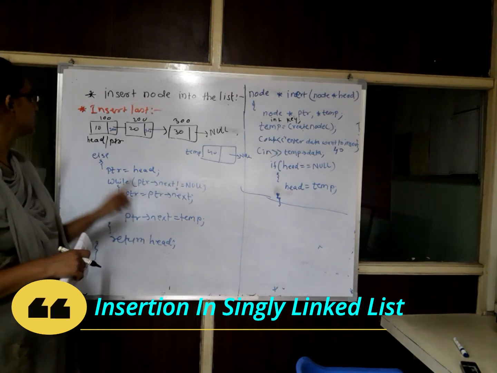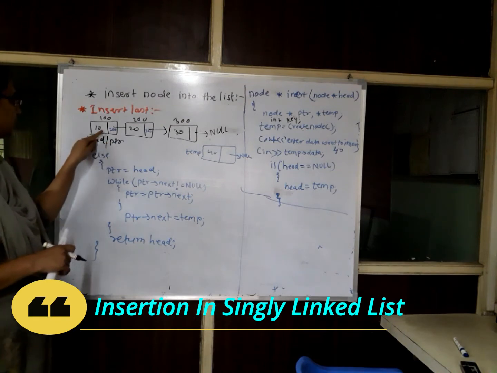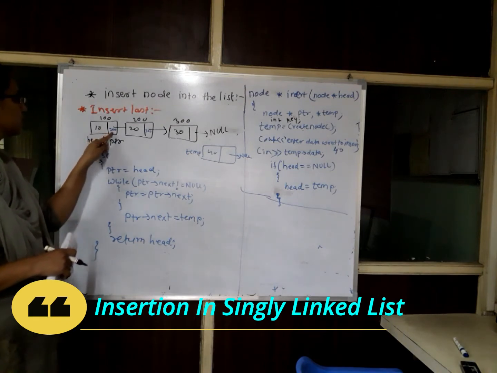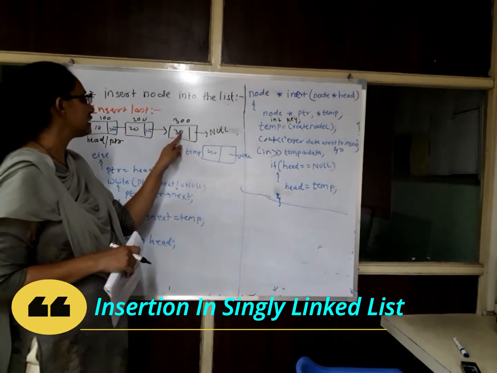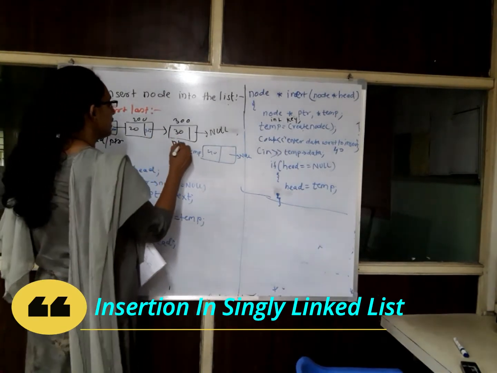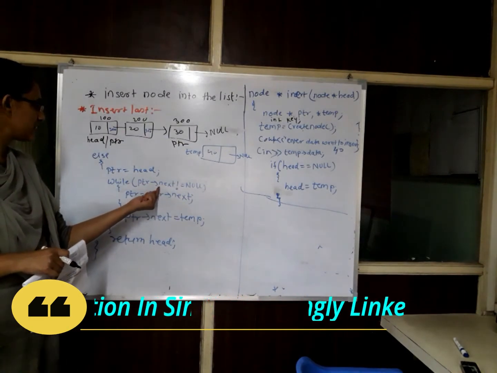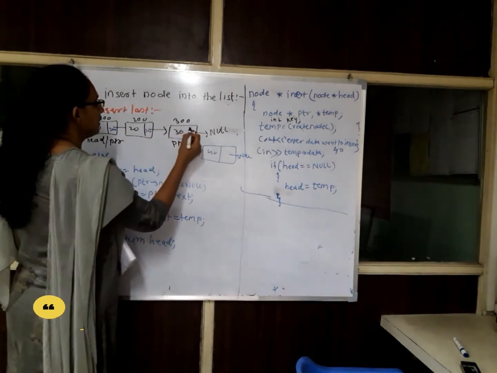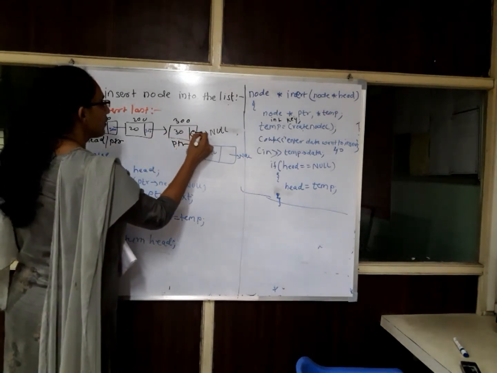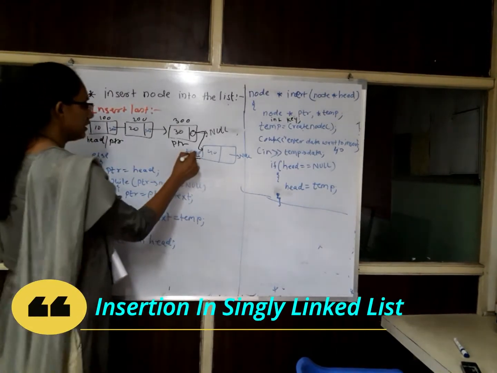Move the pointer to next. So now the pointer is pointing to the first node, its next is not null, so it goes here. Its next is not null, so it goes here. Its next is null. So ptr is here and its next is null. This condition becomes false. Once this condition is false, what is next? In this null part of ptr next, we have to store the address of the newly created node, that is 10.